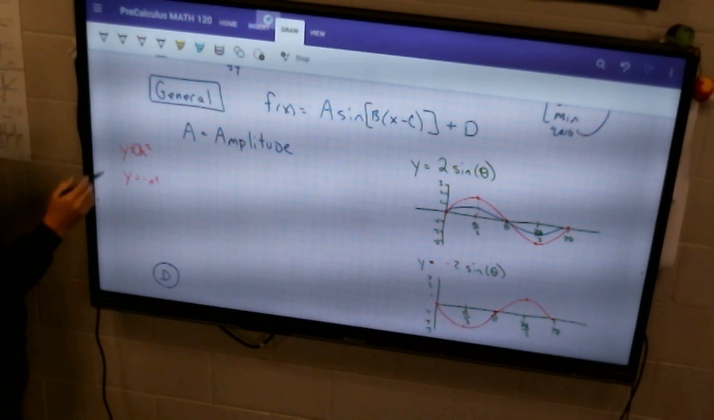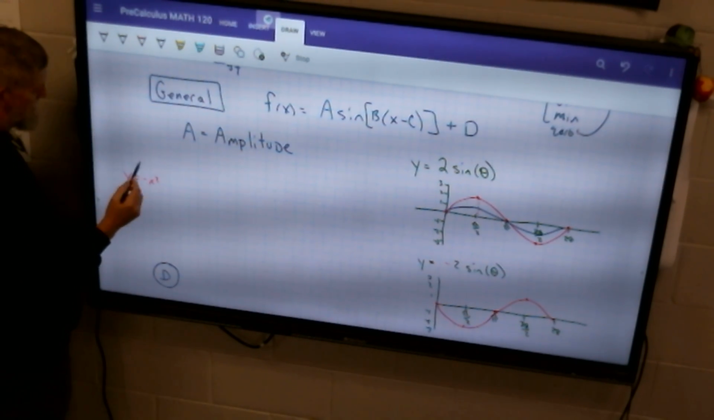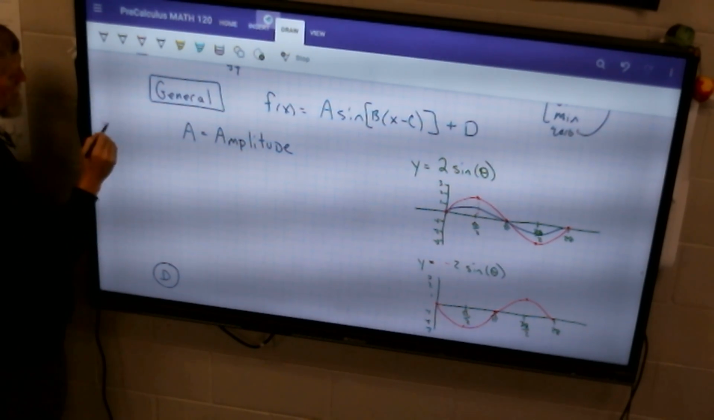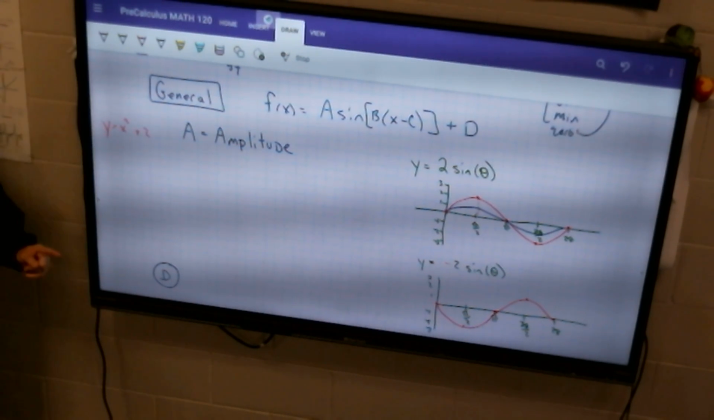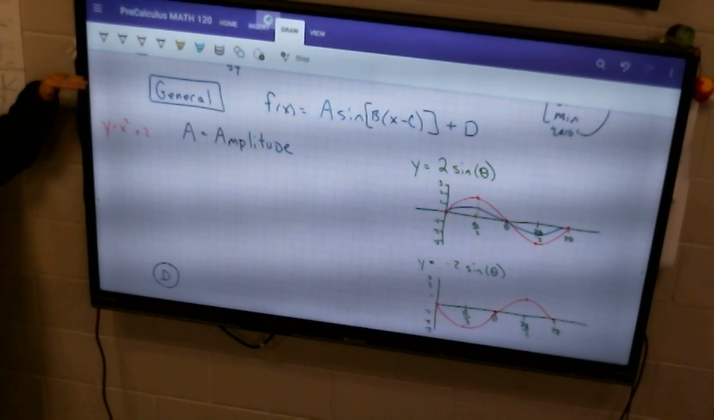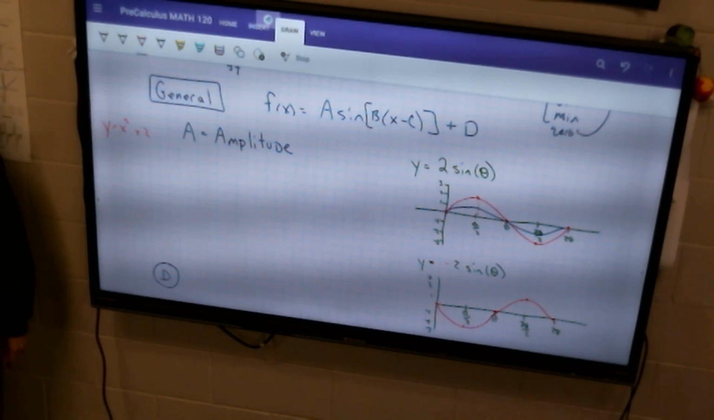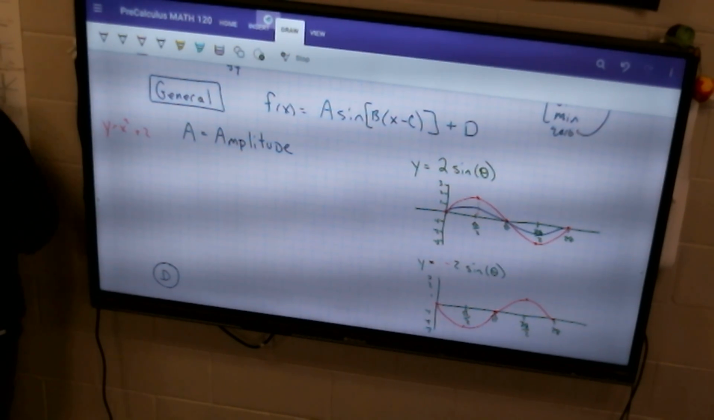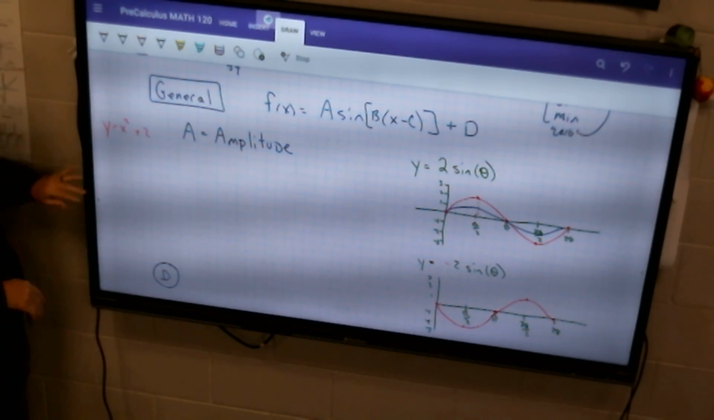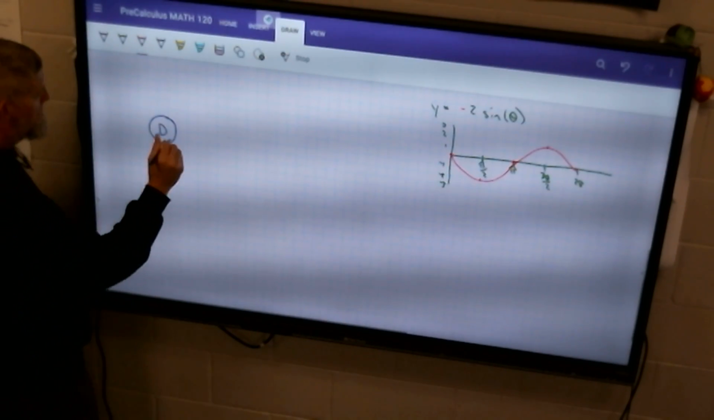Now, let's tie this back to something we already know. What happens to a quadratic if I have x squared plus 2? Vertical, it moves it up. Moves it up 2 units. But I thought we just did that. No, we stretched it vertically. Now we're actually going to move the midline. The D actually moves